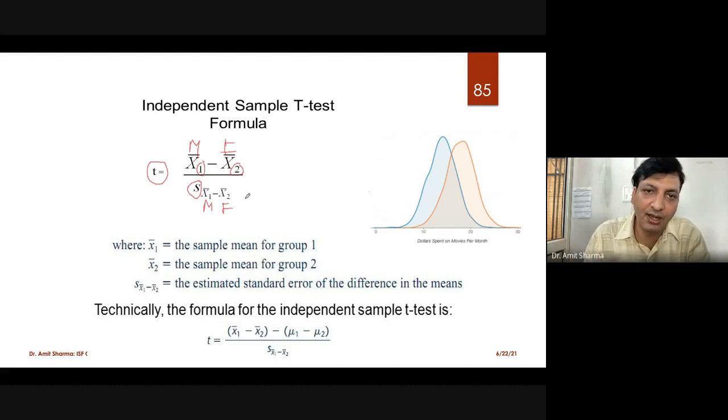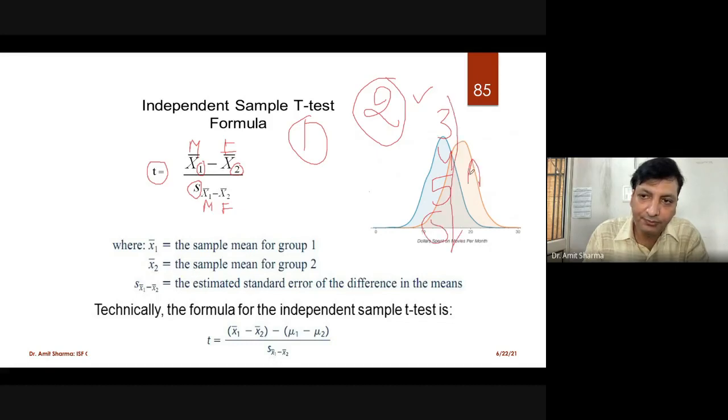If you have more than two groups, you are not eligible for this test. This independent sample t-test will be applied only and only for two samples. If you have one sample, then you go for the student t-test or one sample t-test, which we did yesterday. For two samples, this test is recommended. If the number of samples is more than 2, for example 3, 4, 5 or 6, then we have a test called ANOVA. So for two samples, we use this.